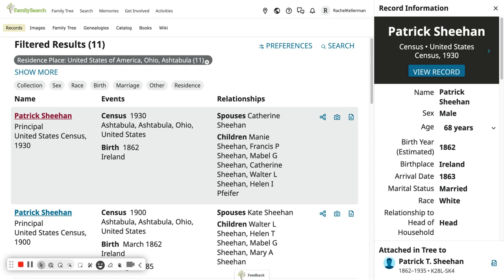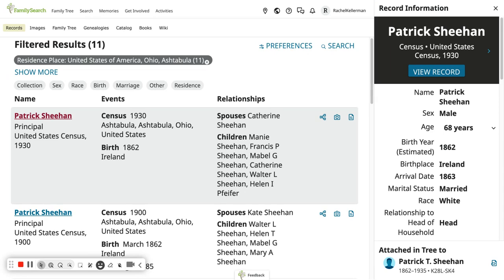So another way that you can search FamilySearch is to go to their catalog. The best way to use their catalog, I shall backtrack to say FamilySearch is the largest repository of genealogy records in the world. So it's massive. It's a juggernaut. So the best way to search the catalog is to actually search by place. So if we search for Ohio, for example,